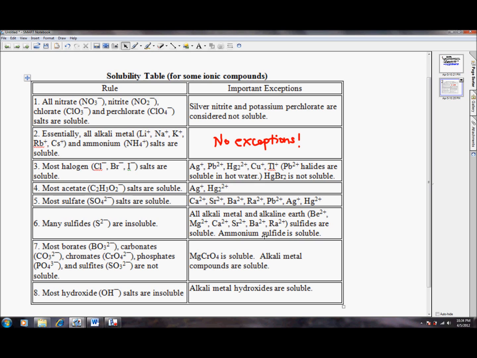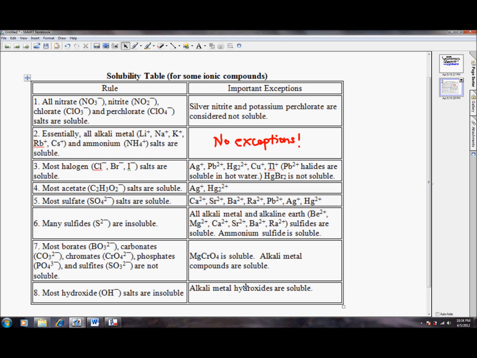sulfate dissolves. Okay, number 7 talks about compounds called borate, BO3, carbonate, CO3, chromate, CrO4, phosphate, PO4, and sulfite, SO3. Those usually don't dissolve. However, magnesium chromate does dissolve, and any alkali metal, remember that's lithium, sodium, potassium, etc., those all dissolve. And then lastly, number 8 says most anything with hydroxide in it doesn't dissolve unless it has